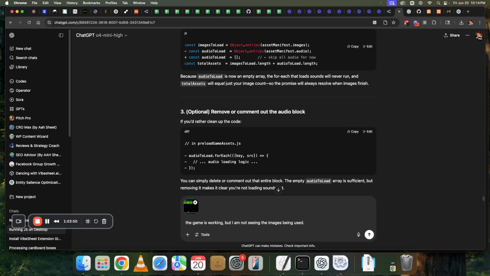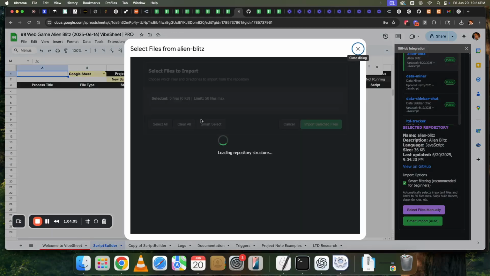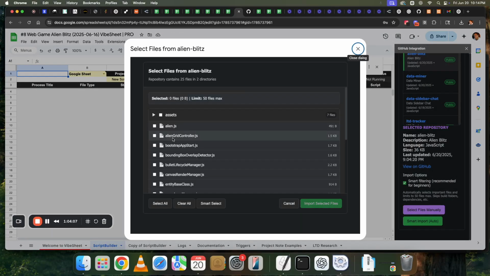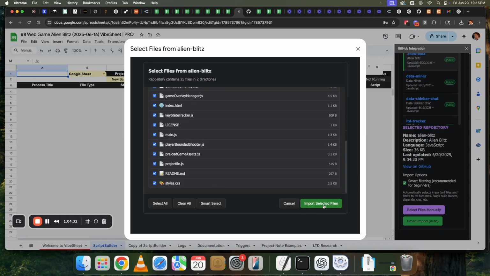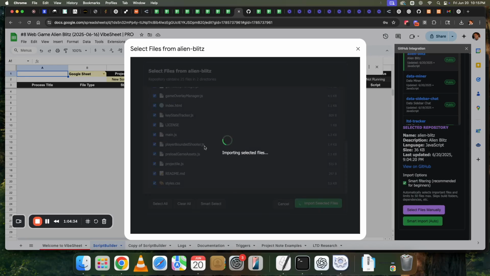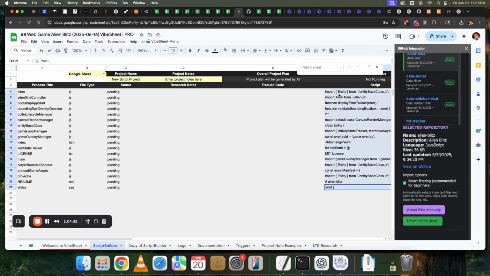Let's figure out how to get the files in here. Now remember, we don't want the images. So you'll notice it says, and the rest of it, yeah, it's fine. There's a few files we don't need, but it doesn't matter, like the README file. There we go. There's 18. So we'll grab all this code